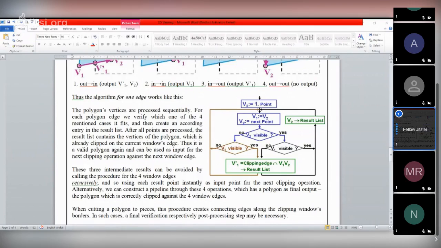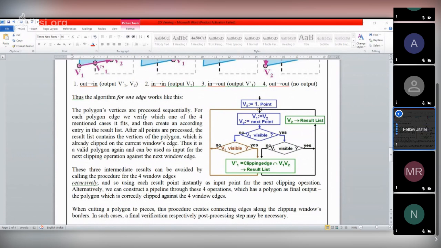First, suppose we are considering a particular vertex V2 of the polygon. Now, first we have to check whether V2 is visible. We have two points V2 and V1, and V1 is a variable.